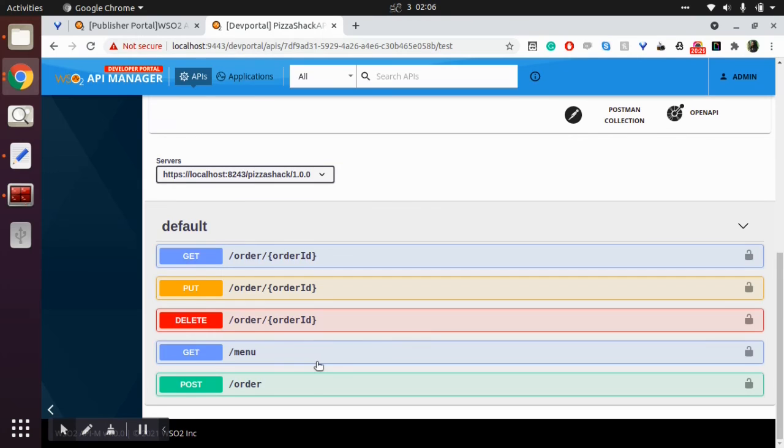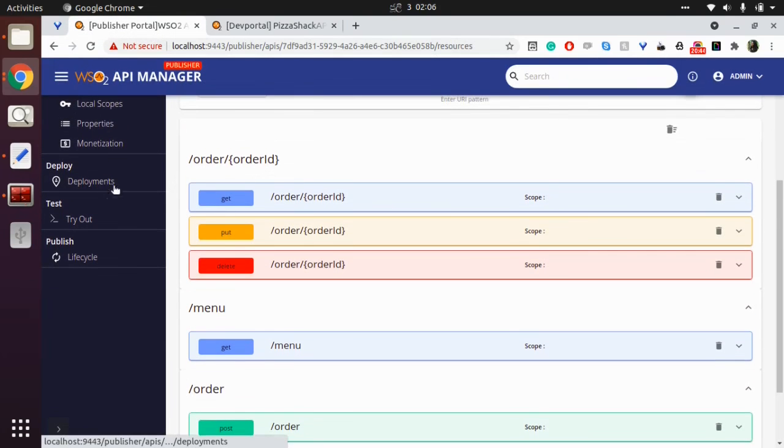Now we want to revert the changes from the current API. For that we can restore a previous revision and replace the current state of the API. Let's go to the publisher portal and go to the deployments again.